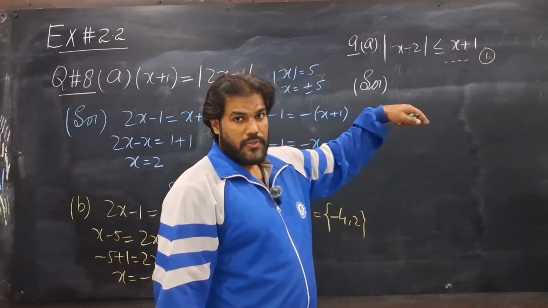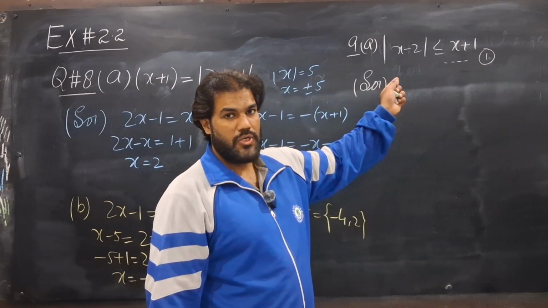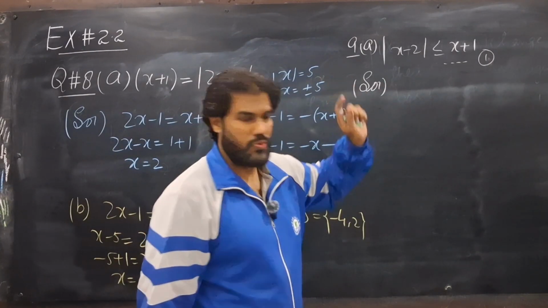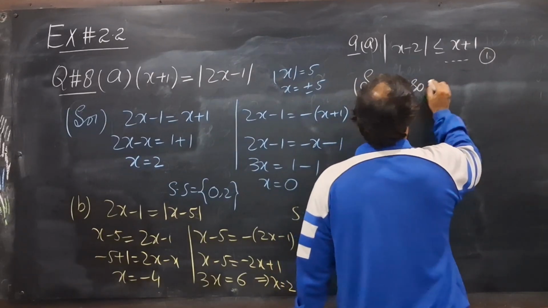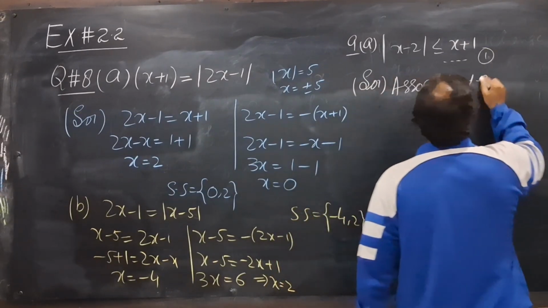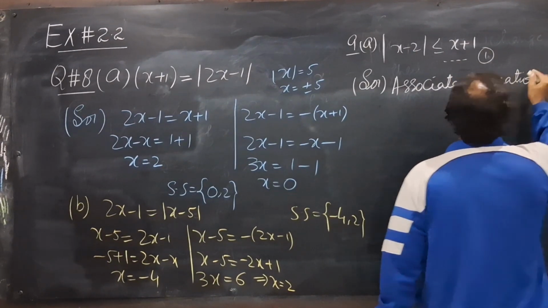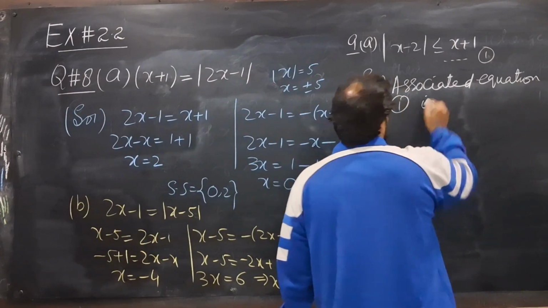I will use here the real line test method. This method says this is my given inequality, say this is inequality number 1. Next we find its associated equation. Associated equation of 1 is